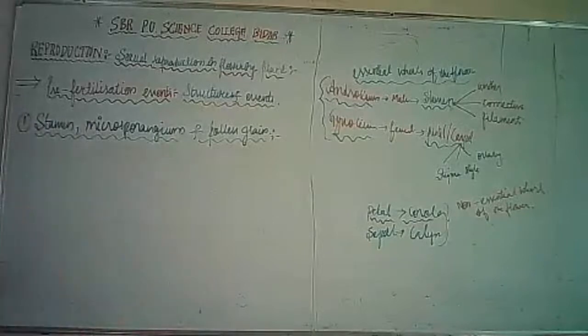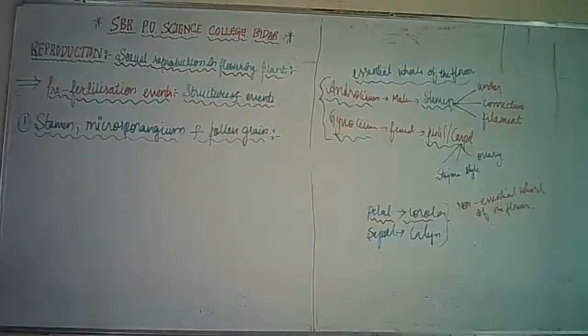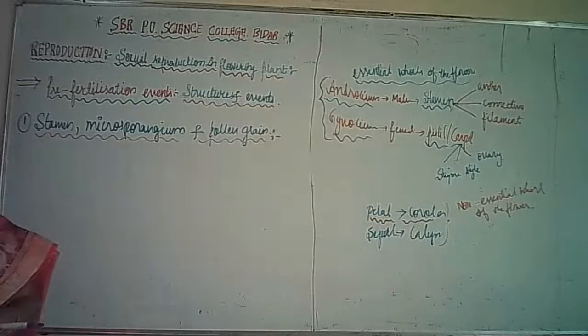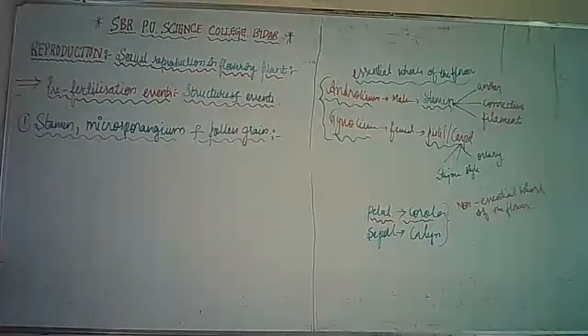Microsporangium. In most angiosperms, the microsporangium is nothing but the pollen sac. Where is it located, ma'am? It is located inside the anther, as I have just shown you. It is located inside the anther lobes, and here the sporogenous tissue will be there, and pollen grains or microspores are going to develop. Each anther has 2 microsporangia. An anther with 2 microsporangia is dithecous, and usually there will be one. I will show you the diagram of the